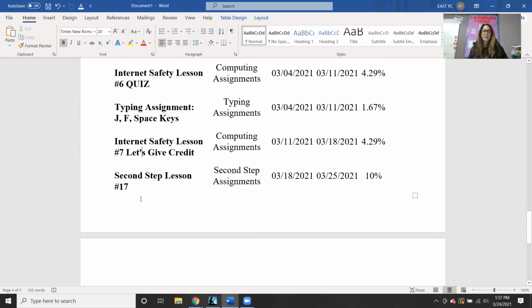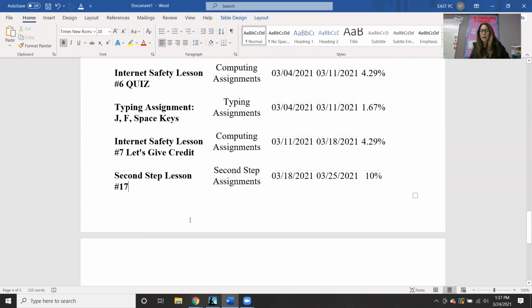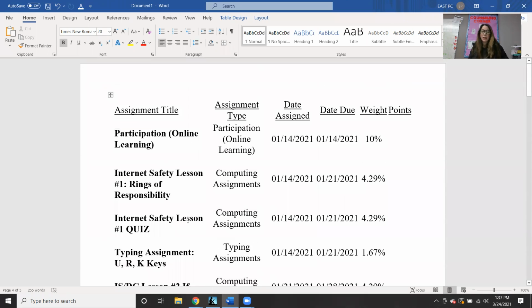And then Second Step lesson number 17, we had that one. And that was our last lesson. That was back on the 18th. So those were all of our lessons that we did during third quarter. And we had all of our typing. And so please,